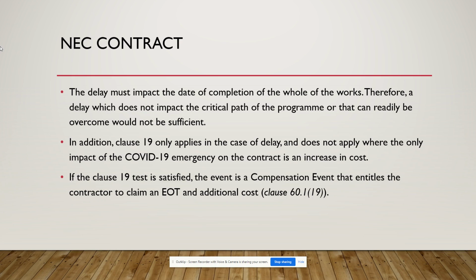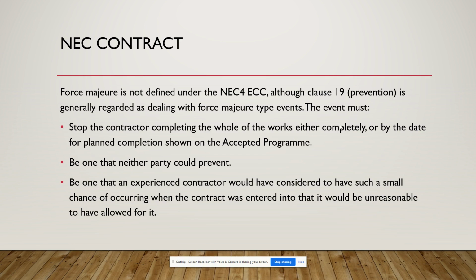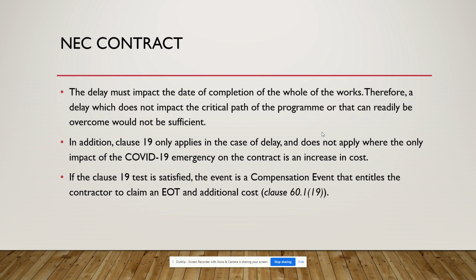If this condition is satisfied, then you can get the cost relief also. Unlike the JCT contract, here you can get cost relief and time relief if you have proved that the event could not be prevented by either party. It was not foreseen by the experienced contractor, and it stopped completing the whole of the works. And it impacts the critical path of your project, thereby delaying the whole of the works. If you satisfy all those conditions, then you can claim the additional time as well as the additional cost in the NEC contract. So these are the various force majeure